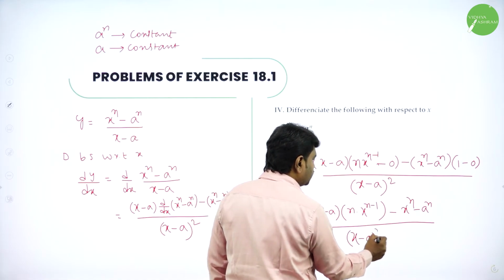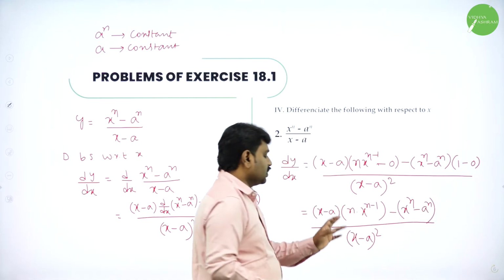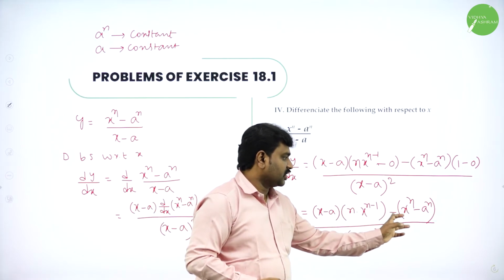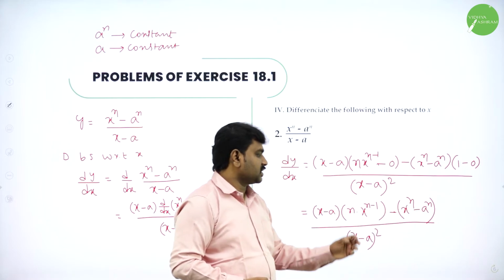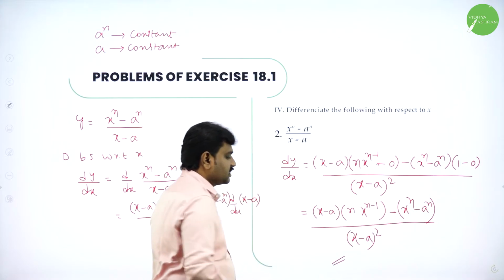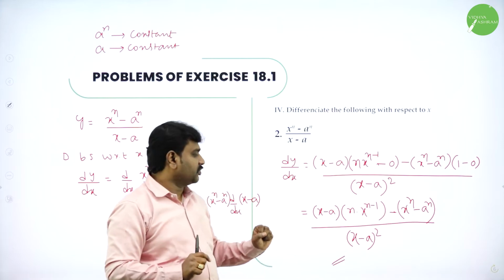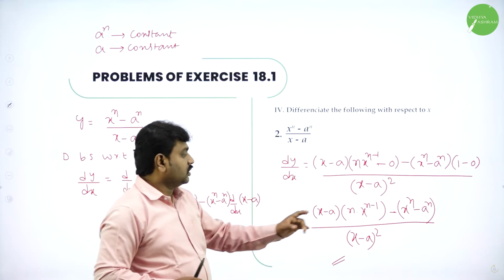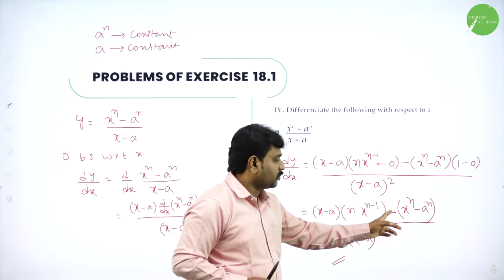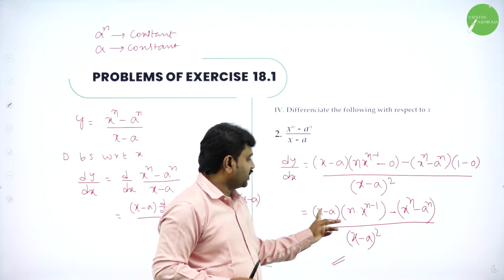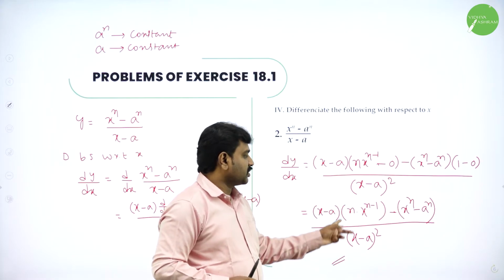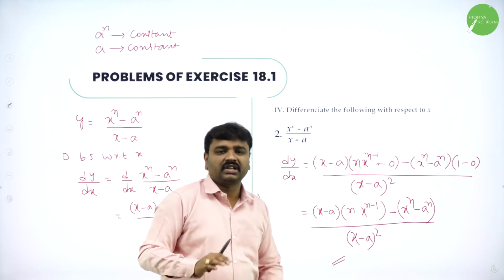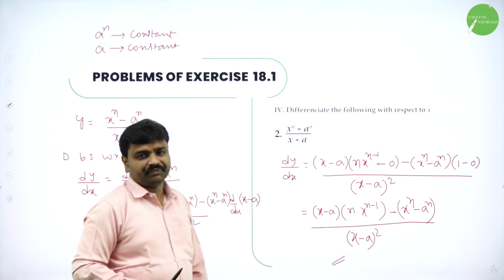My dear students, so here you can stop it, or further if you want you can simplify this, that is multiply this, it will become minus x power n, multiply this plus or leave it, because we don't get any standard result. So you can leave it here comfortably so that you will get marks. When you are simplifying, you should not do any silly mistakes. So if you want to expand, you can write minus x power n plus a power n, and this will become n into this, n into x power n minus becomes x power n, then we will have n into, like that it goes on, but nothing cancels, so better leave it.